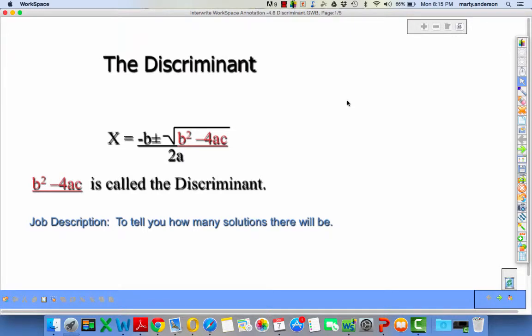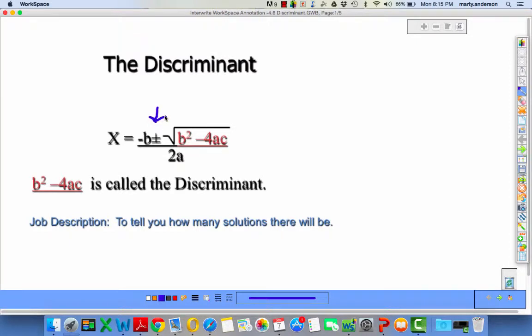Okay, we're going to continue with the quadratic formula. We're going to do the discriminant, which is the b squared minus 4ac, which is underneath the radical for these things. You can see at the bottom it says the job description is to tell you how many solutions there will be. So if we think about this for a moment, if we're going to be doing plus or minus